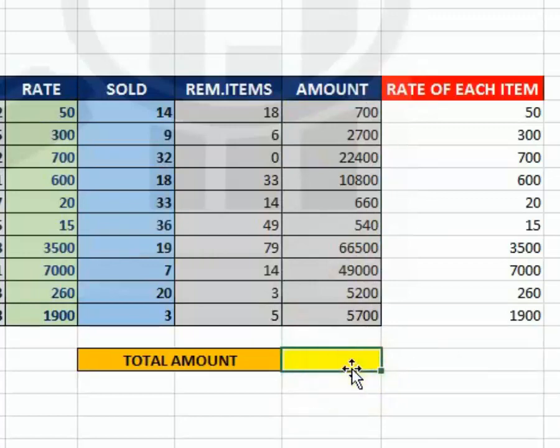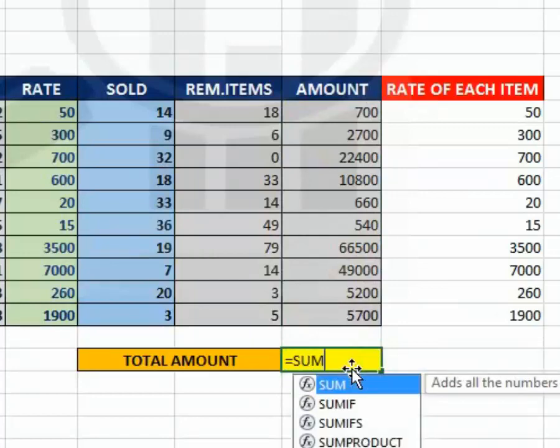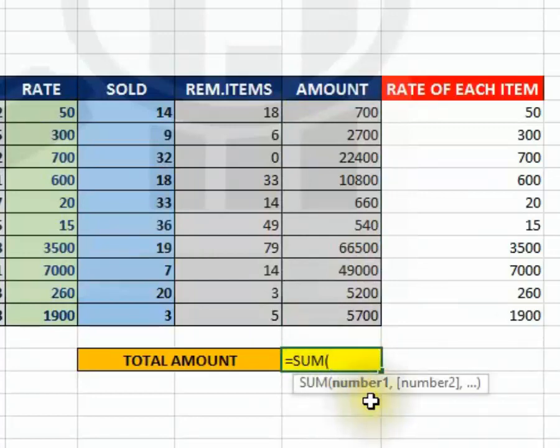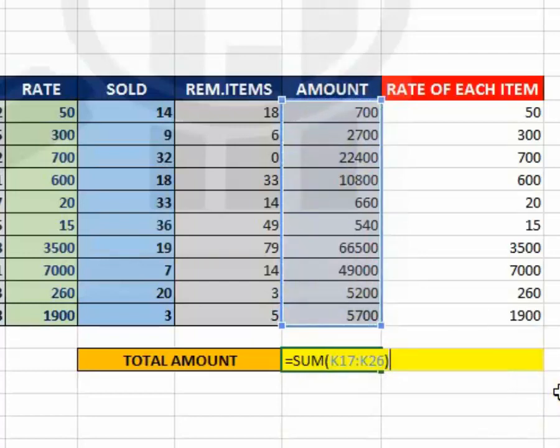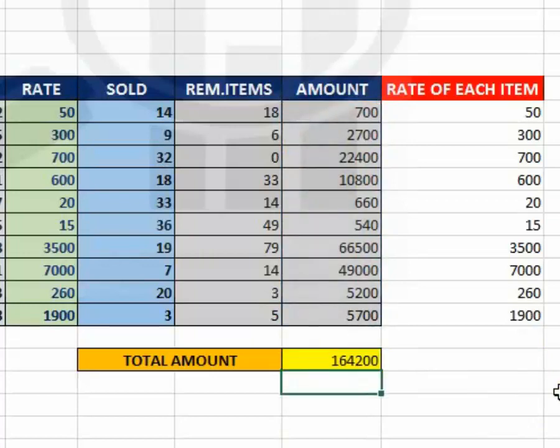This can also be carried out by a function called sum. Press equal sign and sum, press tab, and then you'll be starting numbering your figures. As these are a lot of values, I cannot calculate one by one. I would just select the range of this data from the top to the bottom, and I close the parenthesis and press enter. So there you go,